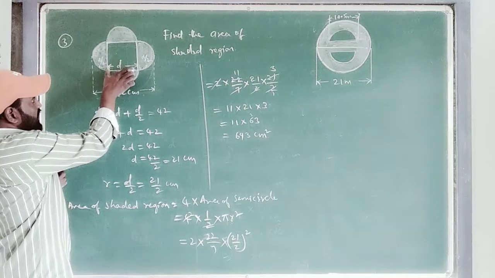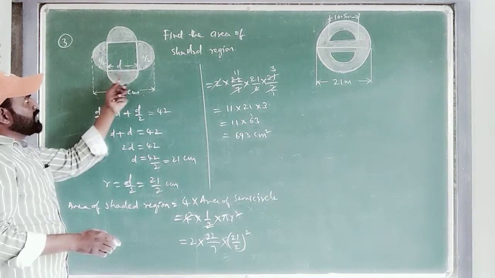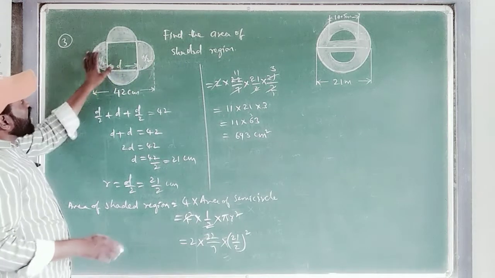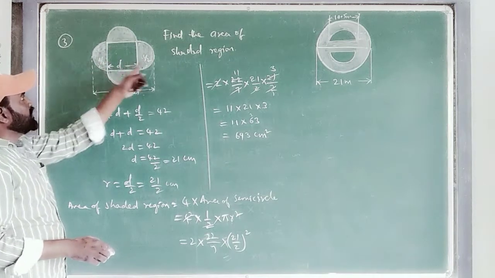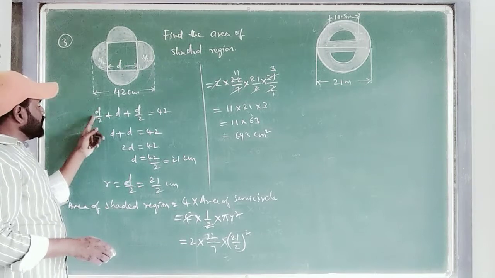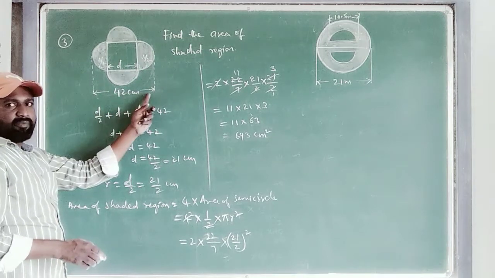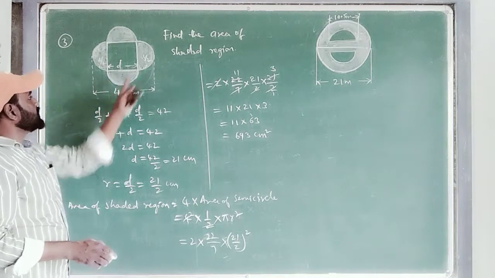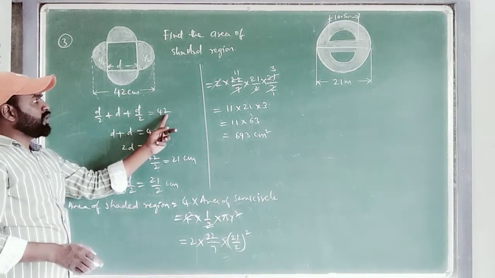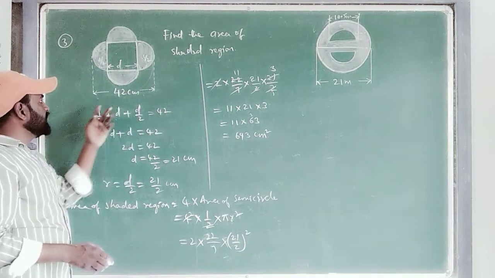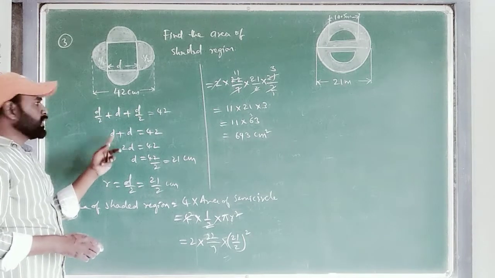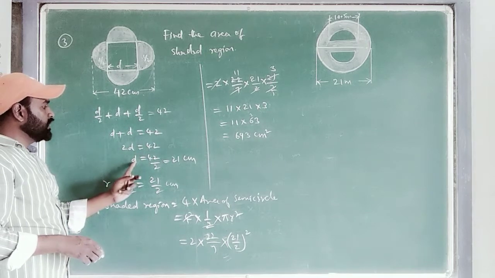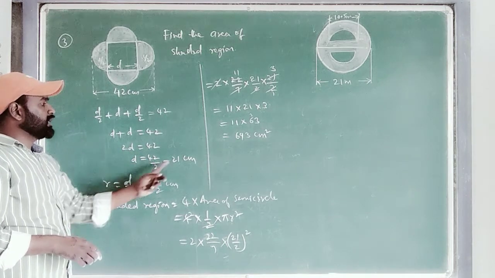Observe the figure carefully. Here the side of the square, which is equal to the diameter of the semicircle, is given d. So this side and this side are half, that means this is d by 2, this is d by 2. Now this total is given 42 centimeters in the figure. So d by 2 plus d plus d by 2 total is equal to 42. Now half of d, 2 halves if you make 1 full d, plus again 1 full d, d plus d, 2d is equal to 42. D is equal to 42 by 2, that is 21.